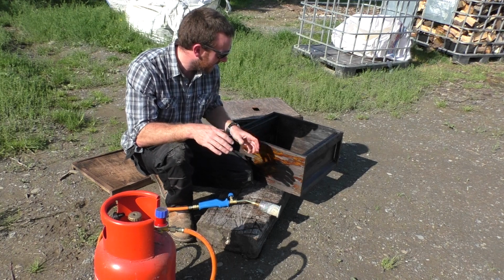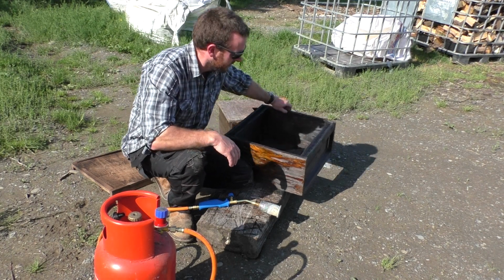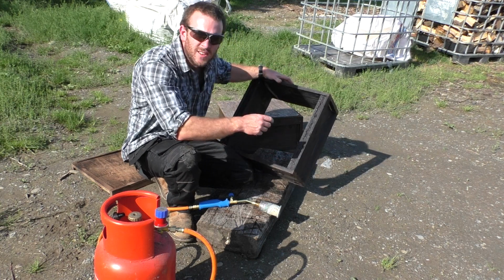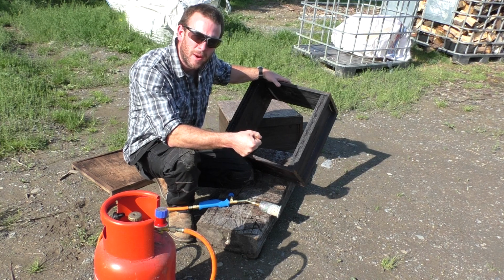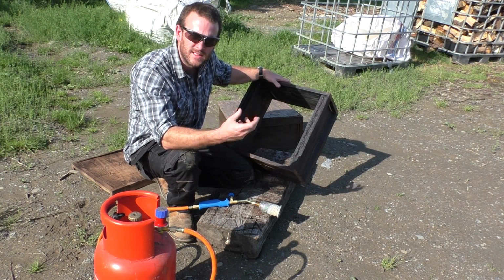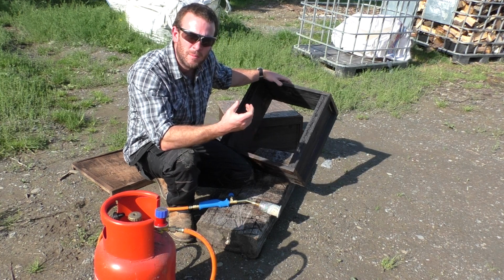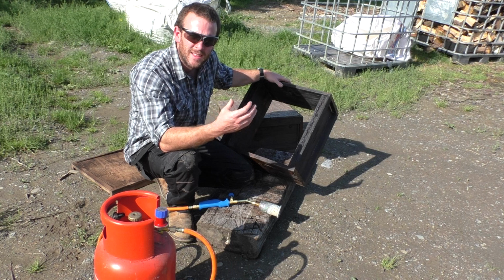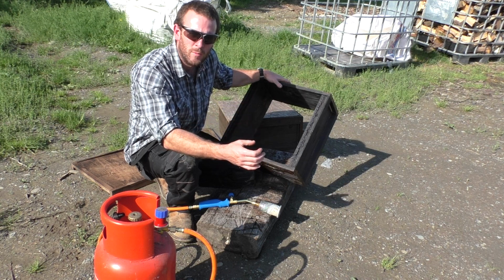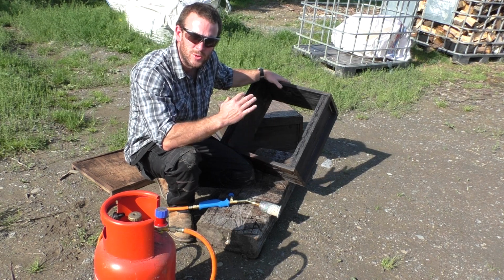So as you can see there, where the old bits of wax and propolis were sitting in the joint, all that was going liquidy. Now I keep applying the heat till all that starts to bubble up and boil, because it's in that bits of wax, bits of propolis, bits of bee material, that's where the disease could be. Now you really want to cook that area up so you totally